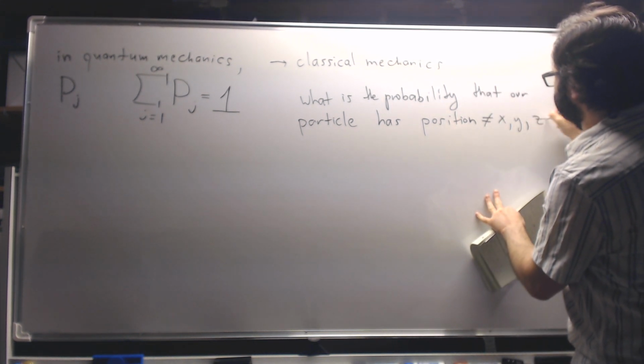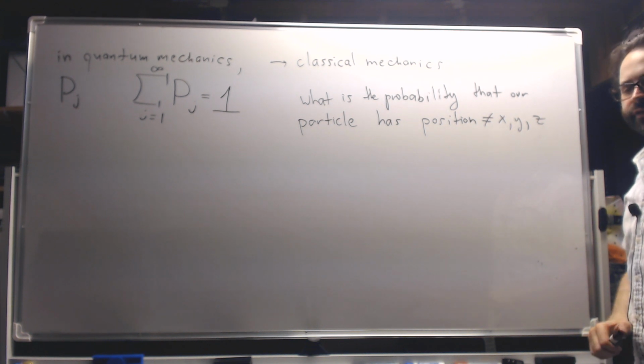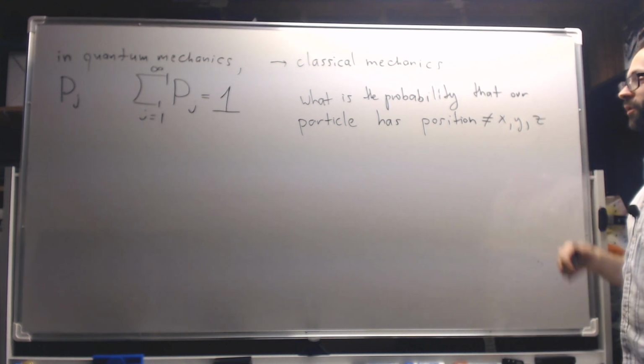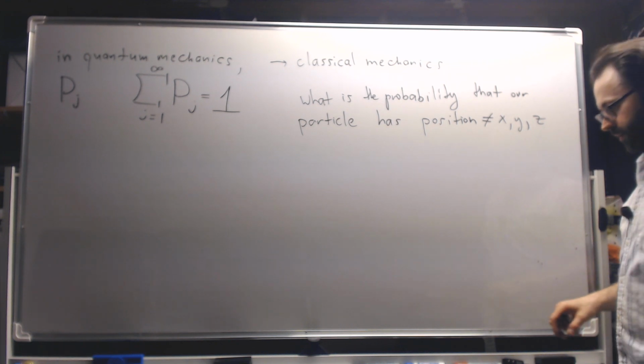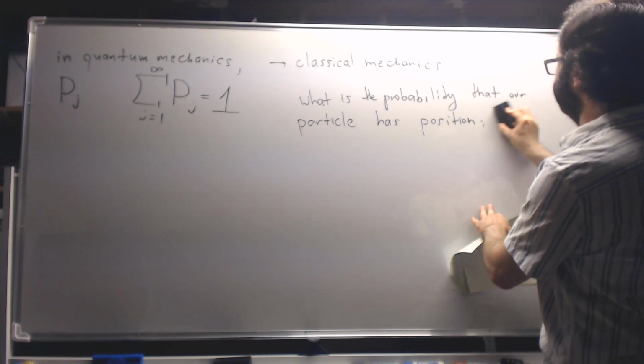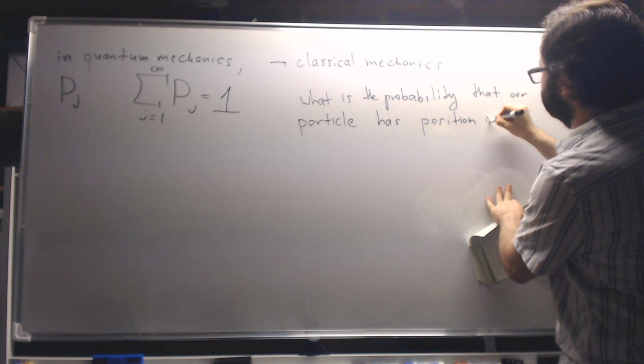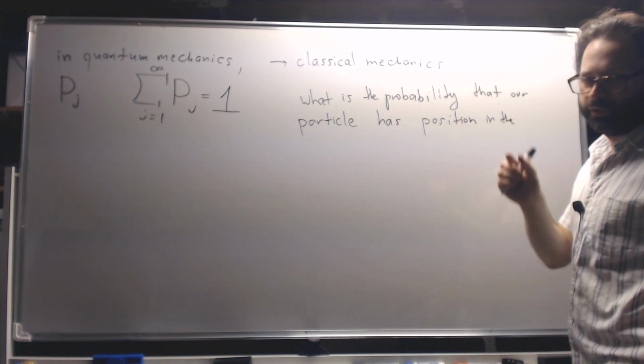That's not the question we're going to ask. Not that it has a very specific position given by the real number x, the real number y, and the real number z. We are going to ask for the probability that the particle has position in the small interval